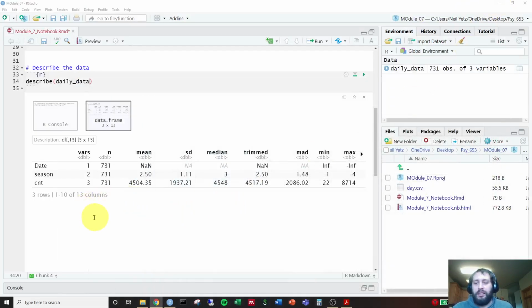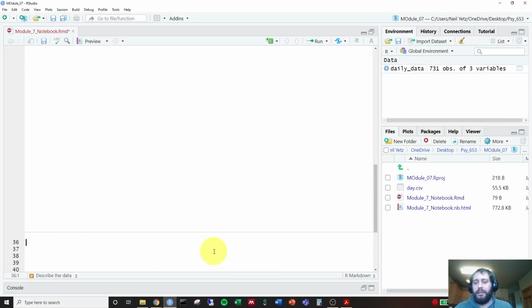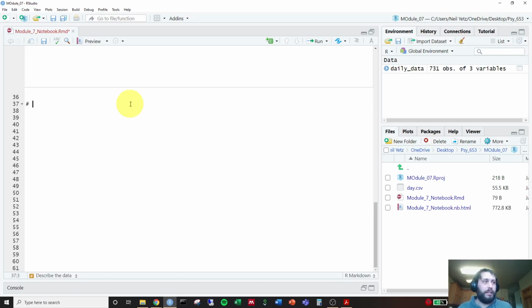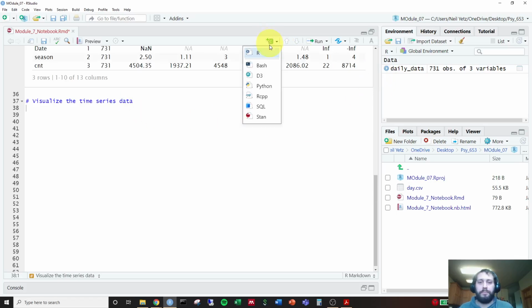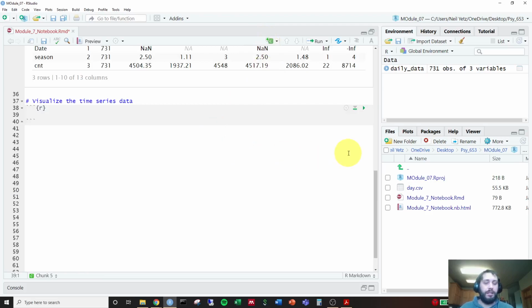So we want to see what the data looks like. The way we do that is we're going to do hashtag visualize the time series data. To do that, go to R. We're going to create an R chunk. We're going to do ggplot, and name our data set, which is daily data, comma, set our aesthetic, in which X equals date, comma, Y equals C N T, plus geom underscore line